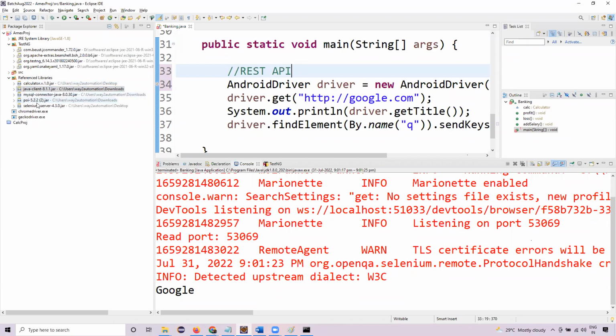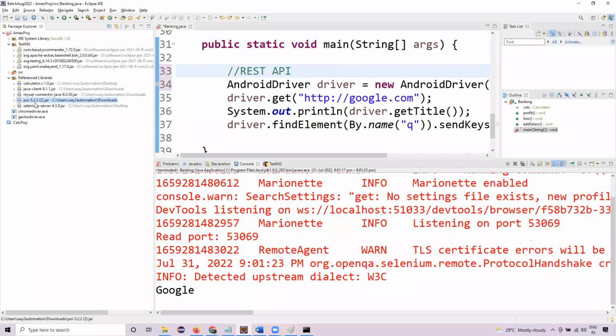If I am a Java developer, I need not even learn Selenium. I know Java, and for me, this is just a jar file. In the jar file, I'll just go through the API document, see what all classes are there, start calling the classes and methods, and I can automate the functionality easily. But if we are coming from a testing background, we have never worked on the programming part. So we'll start with Selenium first. We'll get ourselves comfortable with the UI automation part, and then we can integrate all these things